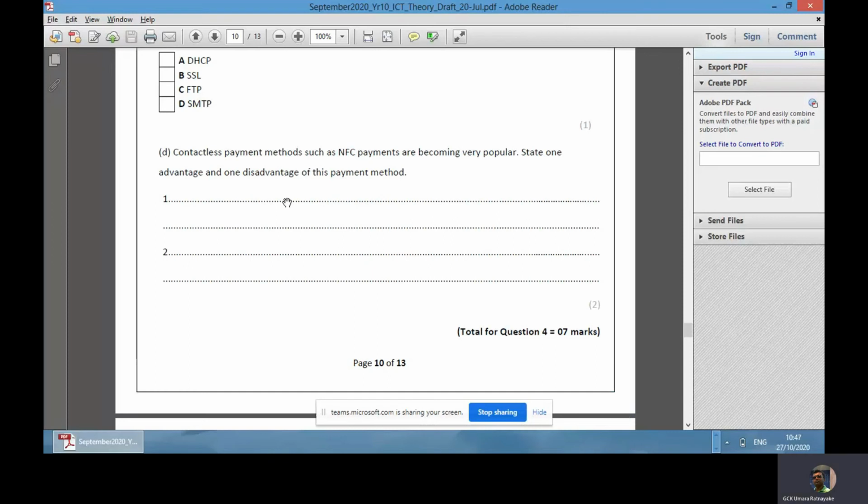Contactless payment methods such as NFC payments are becoming very popular. State one advantage and one disadvantage of this payment. Advantage would be it is convenient, but don't just say convenient. Why? Because you just have to tap your device and do the payment. And you can say it's secure, because without a justification you can't take the secure answer, because someone can say it's insecure as well. It's secure because